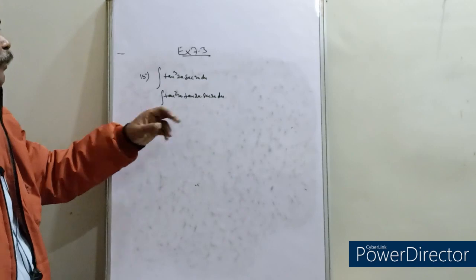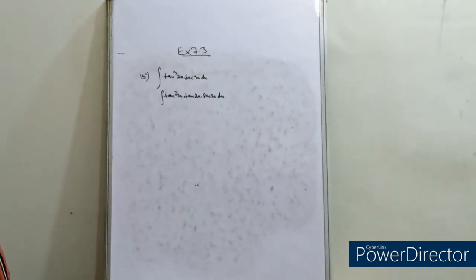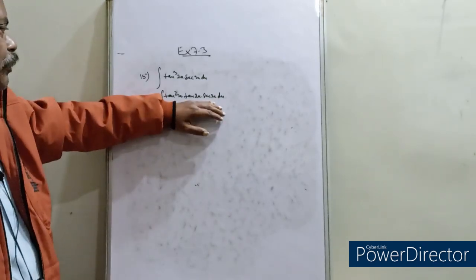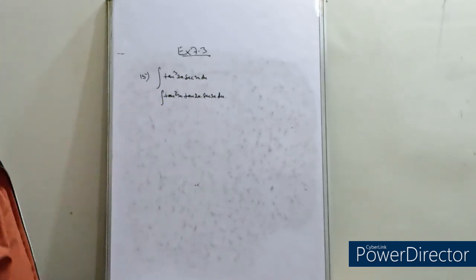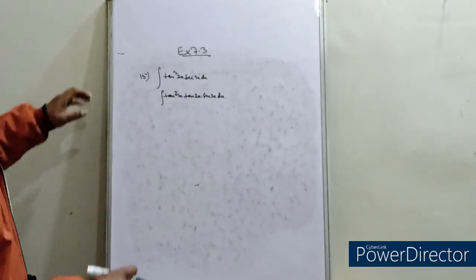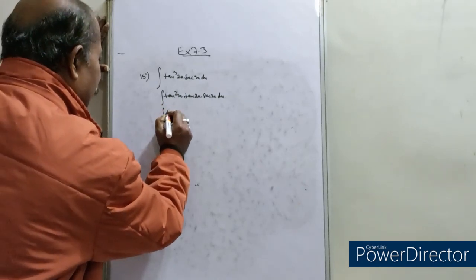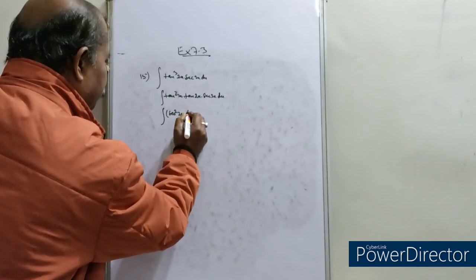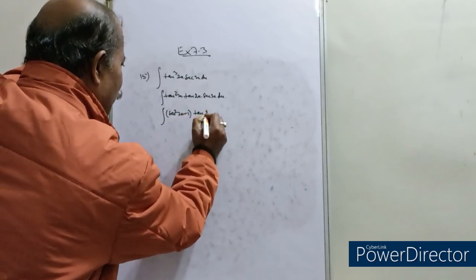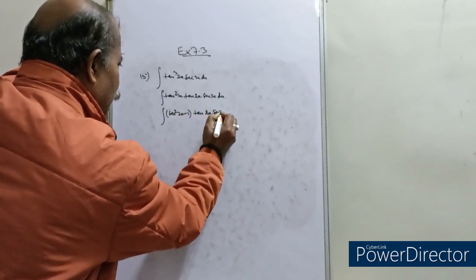If you suppose sec x, your differentiation will be sec x tan x. So this part gets removed, only tan square 2x, and tan square can be converted into sec square. So instead of tan square 2x, you can write sec square 2x minus 1, and tan 2x sec 2x